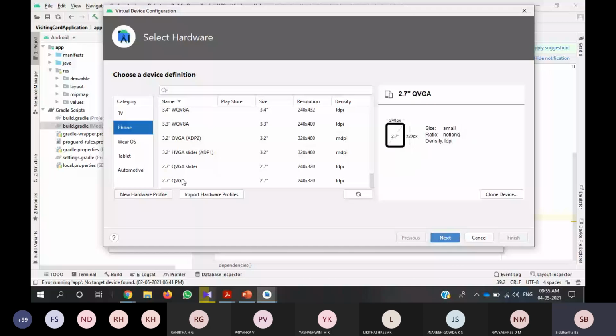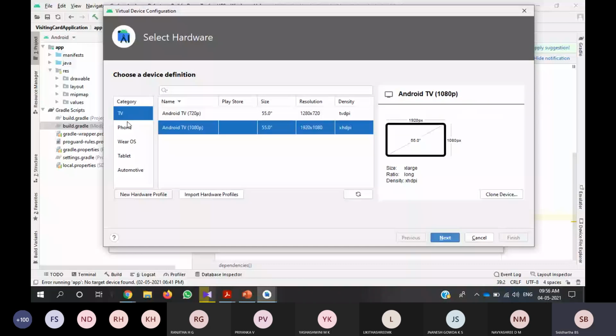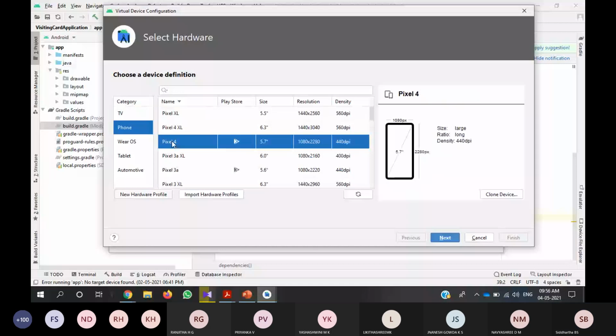You can select any of them, and it displays the size, resolution, and density of the device. If you are building an app for TV, wearable devices, tablet or automotive, you can select all those here. Now we concentrate on smartphones, so we go here. It will display size, ratio, density, all those things.